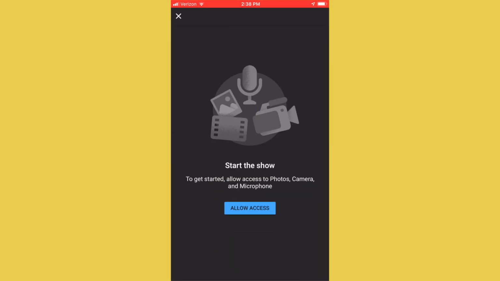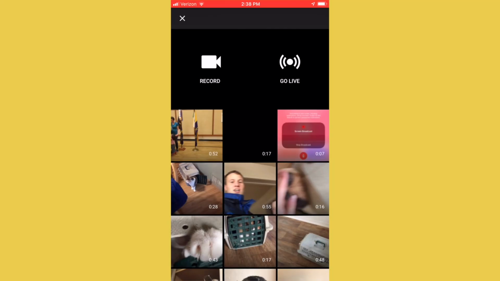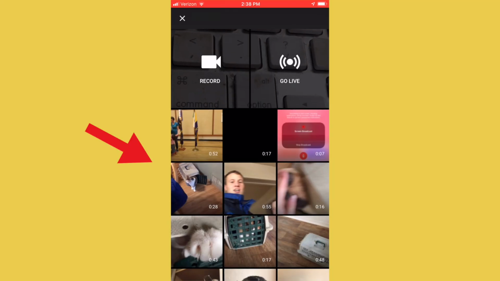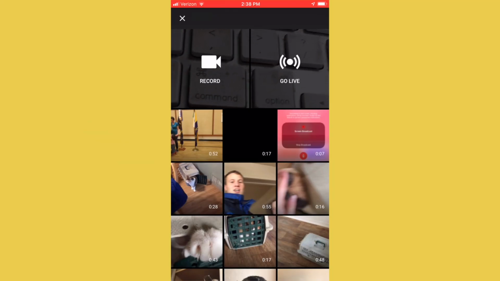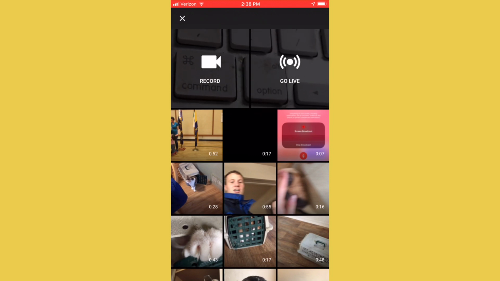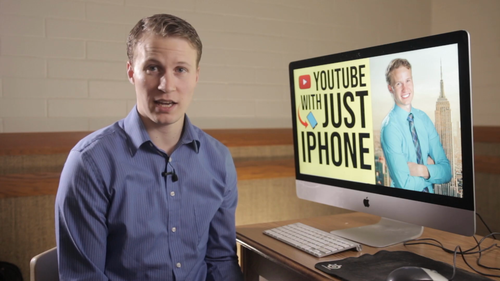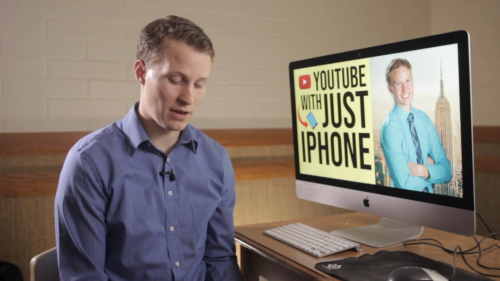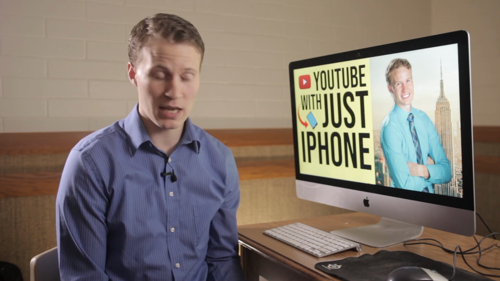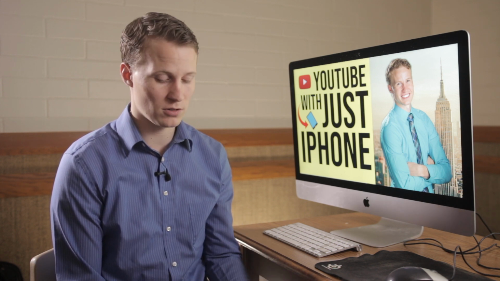So from here, I'm just giving you guys an idea of what you can do. If you record directly from your iPhone, then you could click, and all of your camera roll will appear in here. You're going to have to allow access to it once you're in there. But you can also record directly from here, or you can go live if you want. So it's really handy, and even from this point as well, if you make videos on here and you edit them, and they end up in your camera roll, this is where you'll come if you're looking to actually upload videos directly to YouTube from here.